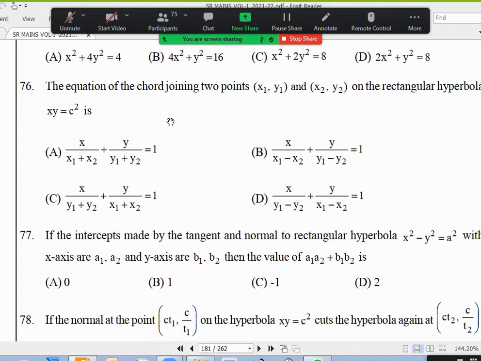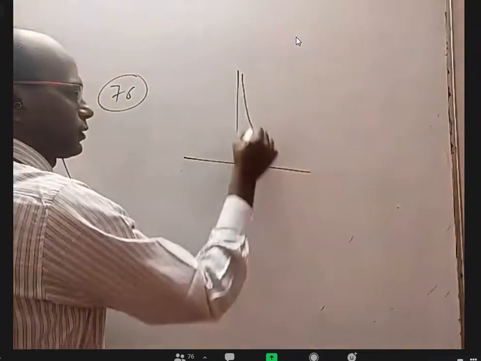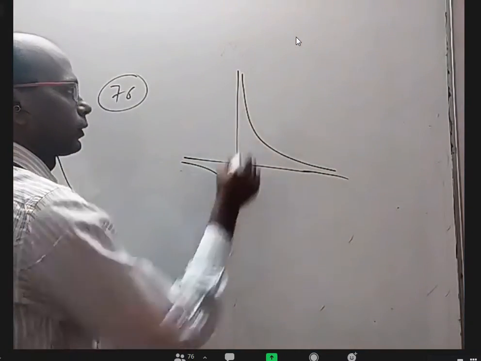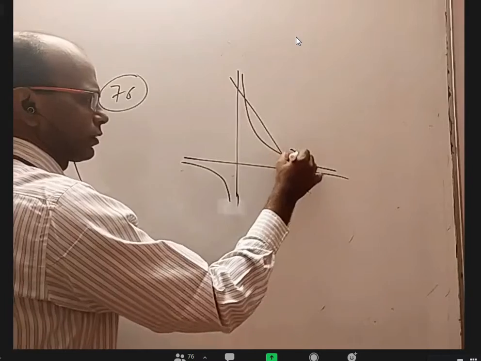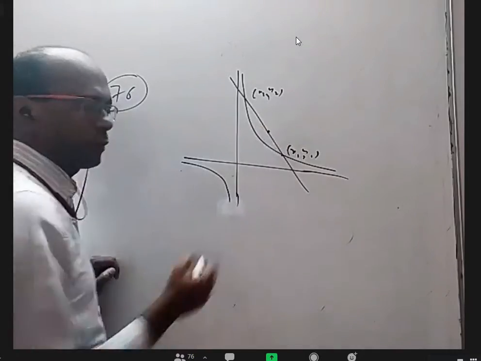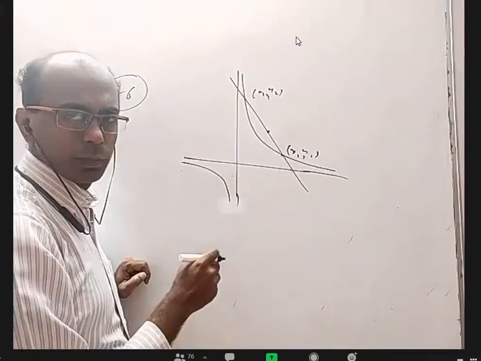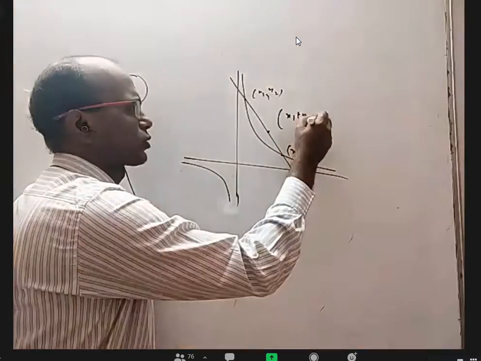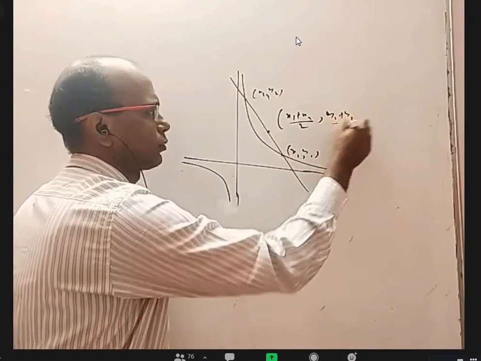All right. So somebody has done by CT1 comma C by T1, somebody found by the directly straight lines method. Good. I want to tell one or two things slightly different. One of the easiest things, I felt, is this. Let us see if it's good or not. At least suddenly an idea came. They gave a chord where this is x1 comma y1 and this is x2 comma y2. What is the midpoint of these two? x1 plus x2 by 2 and y1 plus y2 by 2.